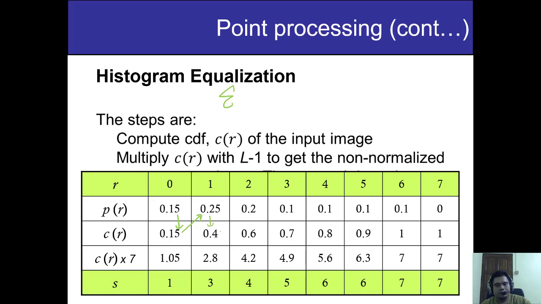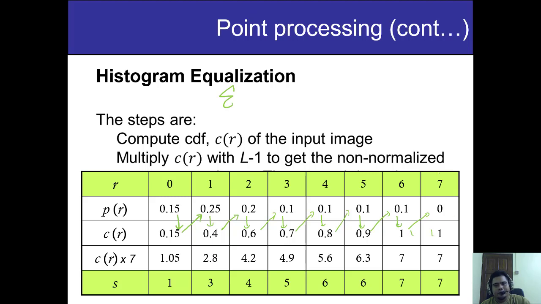And this one, you add this one, then you get this one. This one, you add this one, you get this one. You continuously do something like that. So to check whether your operation is correct, at the end, when there's nothing more to be added, the number should be 1.